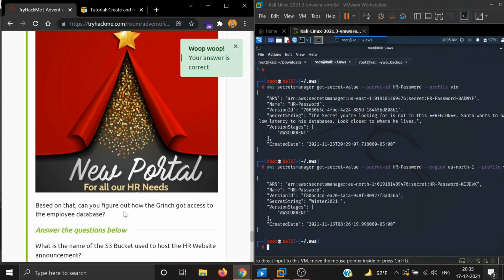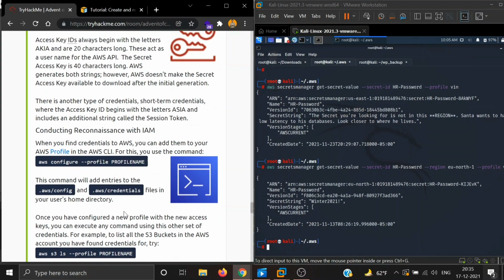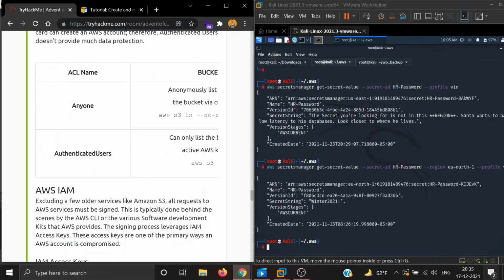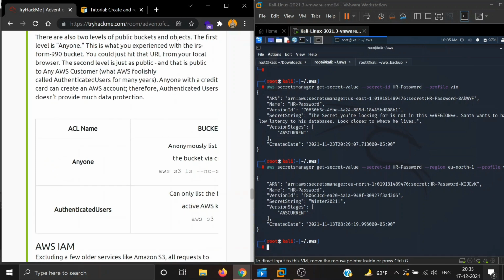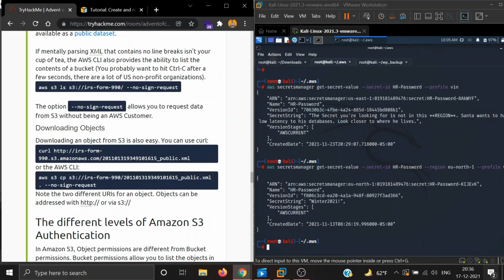It's a great room explaining how clouds work: Amazon S3 buckets, Amazon AWS, the AWS command line interface, and everything about how you can retrieve secrets from Secrets Manager. So you should read all the descriptions once again if you want to learn more about Amazon S3